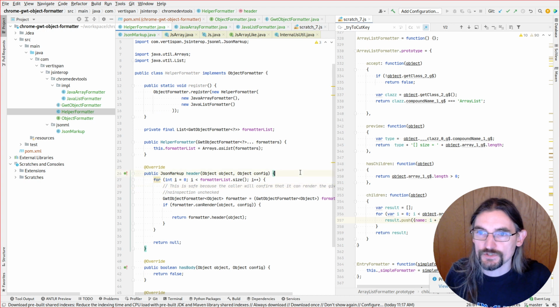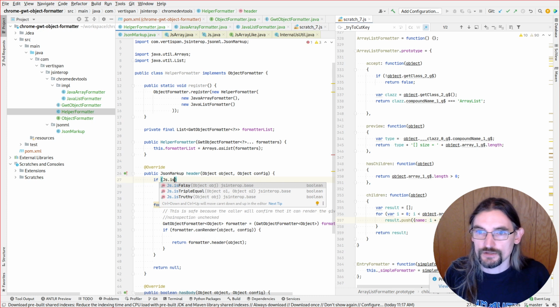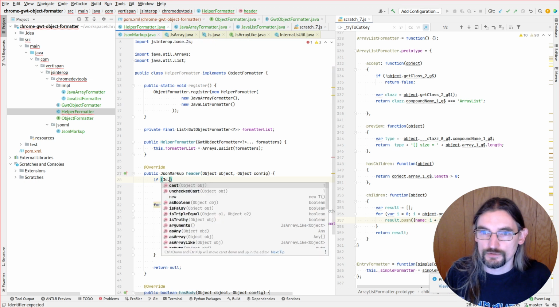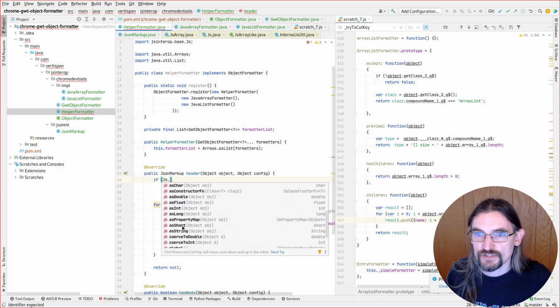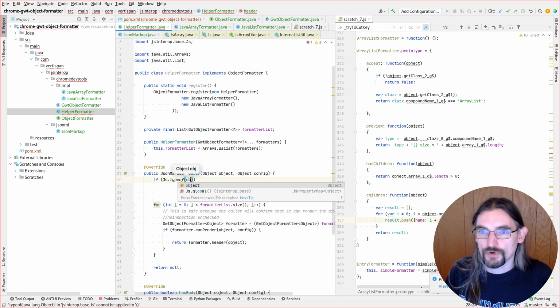We should handle some other header types first. So if js.is number. What do we got in here? We got is falsy and is truthy. We want to check if it's a Boolean. So we'll just do instance ofs, or type ofs. So type of object